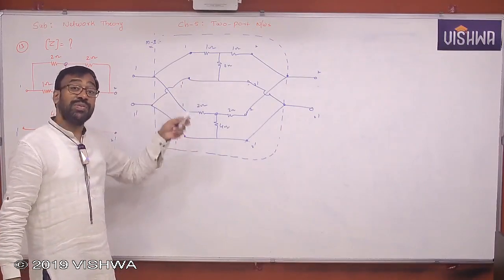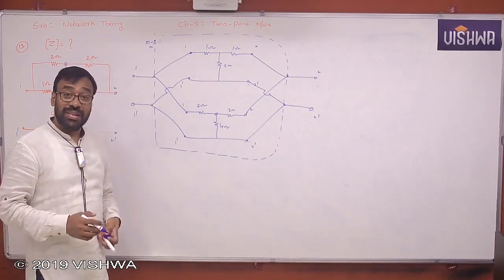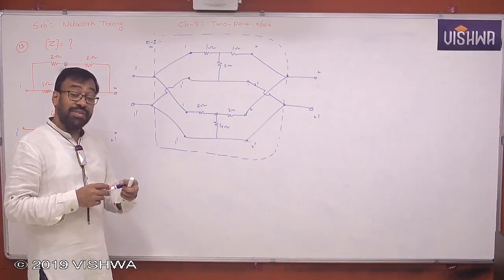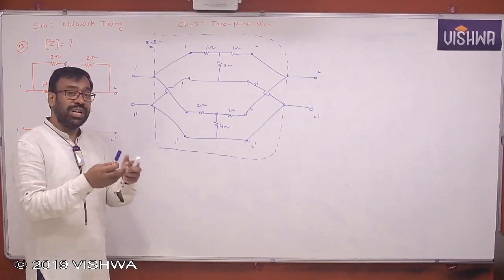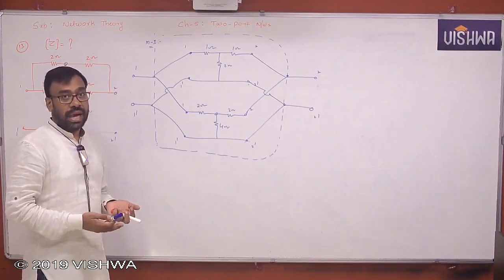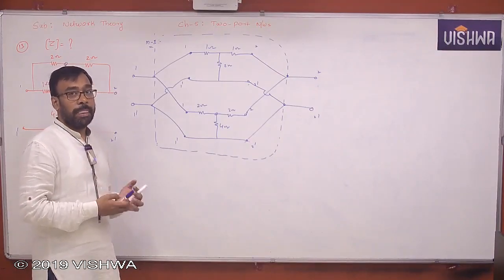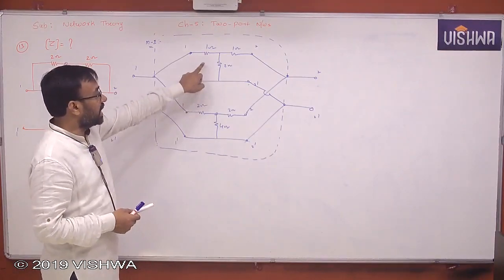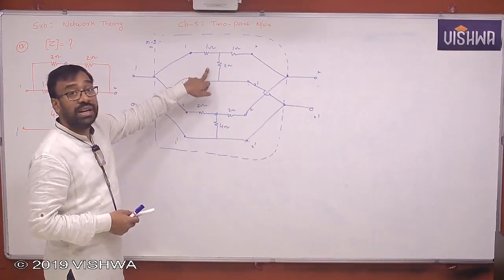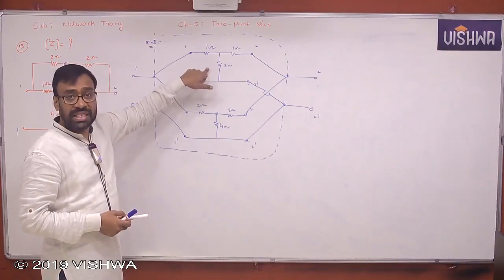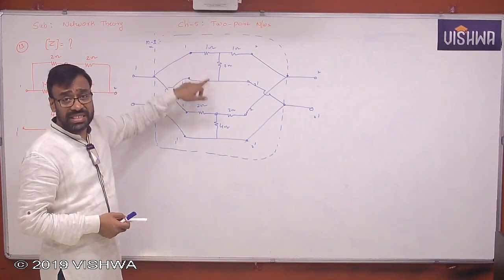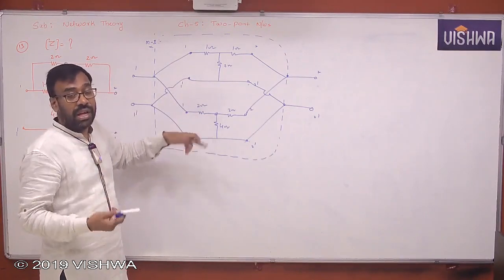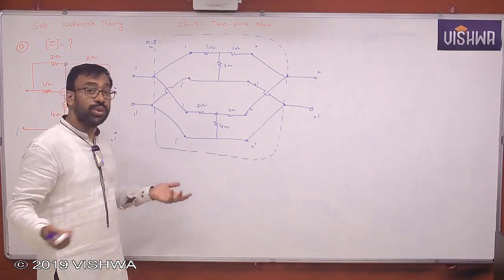For T models, which parameters are more easy to determine? Z parameters. Actually, I want Yx and Yy. But looking at this scenario, I understand that it is easy to find Zx and Zy. But I want Yx and Yy. If you know Zx, can't you find Yx? You can. Therefore,